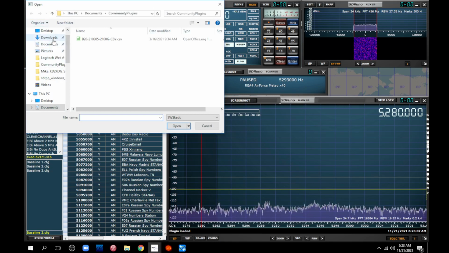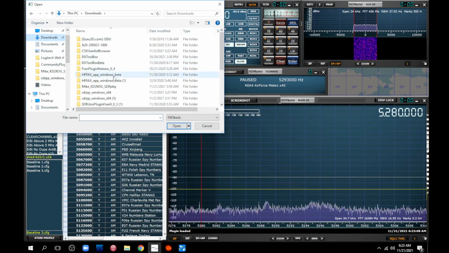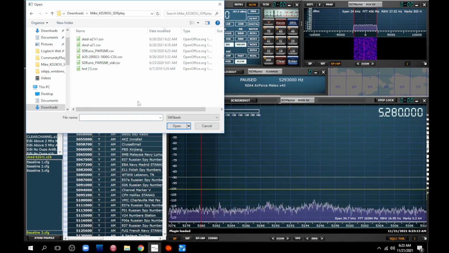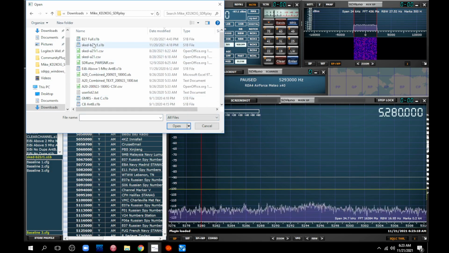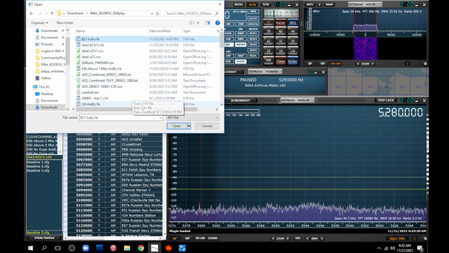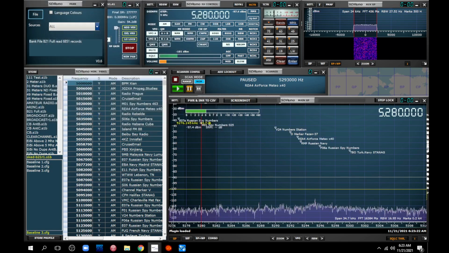Now we want to go to download is where I stored the file, and I store it under Mike, and I want all files. And there's my B21 full, which has everything. Open. Oh, there we go. I must have missed the